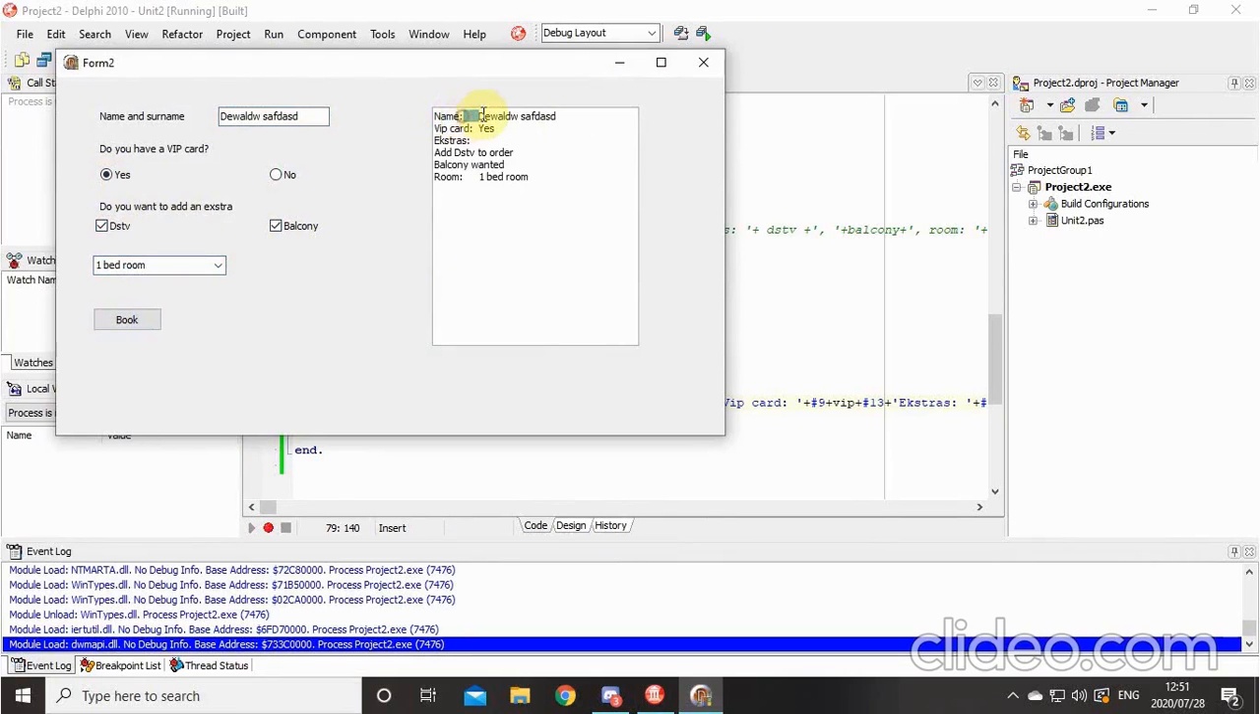That hashtag 9 created a nice little tab for me. I've got my name and surname. Then that hashtag 13 went on to the next line where I had my caption. I've got my hashtag 9, which creates a nice little space, so you'll see these two are nice underneath each other. Then I've got my hashtag 13, which gives me my next caption extras, which then again hashtag 13 to